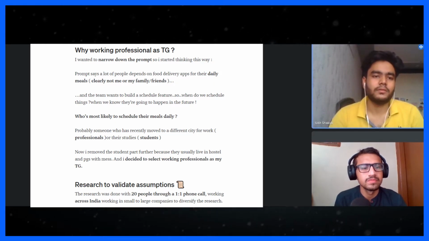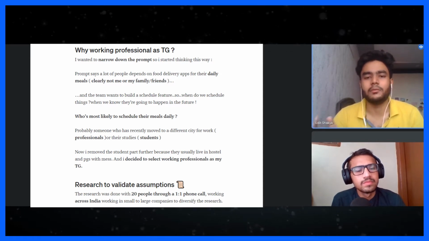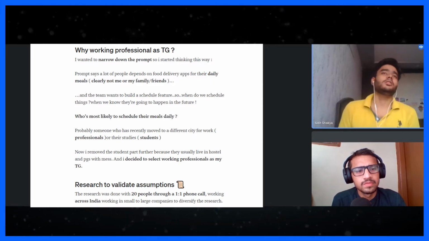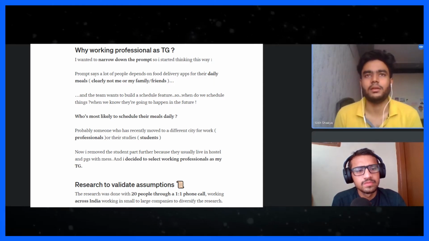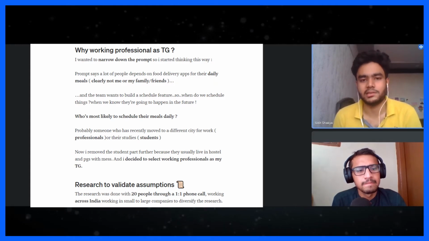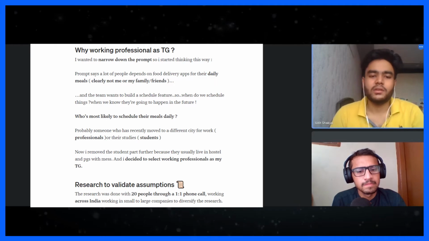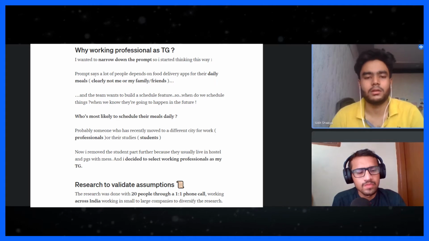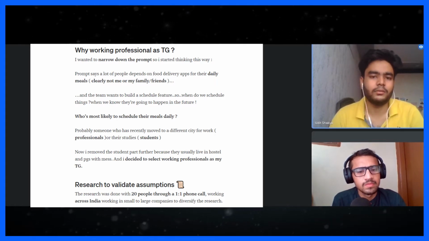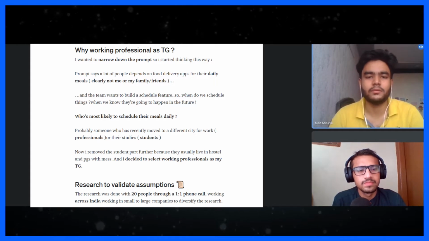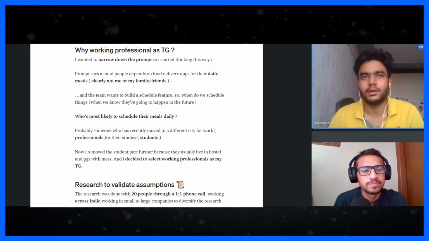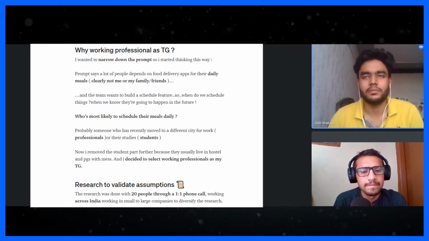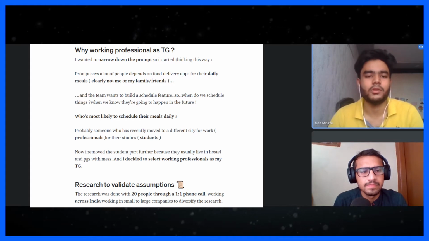One more assumption was that the feature I am building will be a part of the Swiggy app and will be called Swiggy Rozana. All right. Now, as you know, we all use these food delivery apps quite a lot, so we all have some biases in our heart. When you are designing, you do not want to allow these biases to come into play and ruin your design. Now what I could have done is just make a scheduling feature for working professionals. But would that solve my problem? No. Would that get me an internship? No, because this is not how you solve a problem.